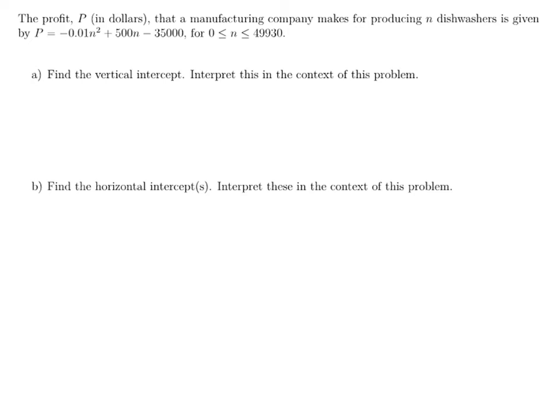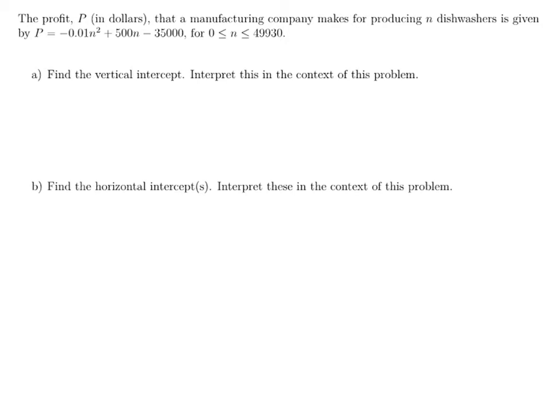In this video, we're going to look at an application of a quadratic function. We'll algebraically find both the vertical and horizontal intercepts and interpret these in the context of this model. We're given that the profit P in dollars that a manufacturing company makes for producing N dishwashers is given by the equation P equals negative 0.01 N squared plus 500 N minus 35,000 for values of N between 0